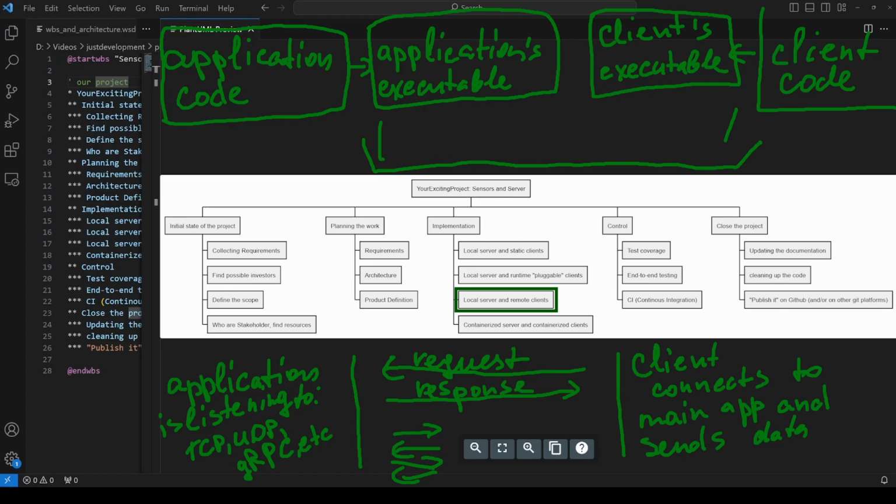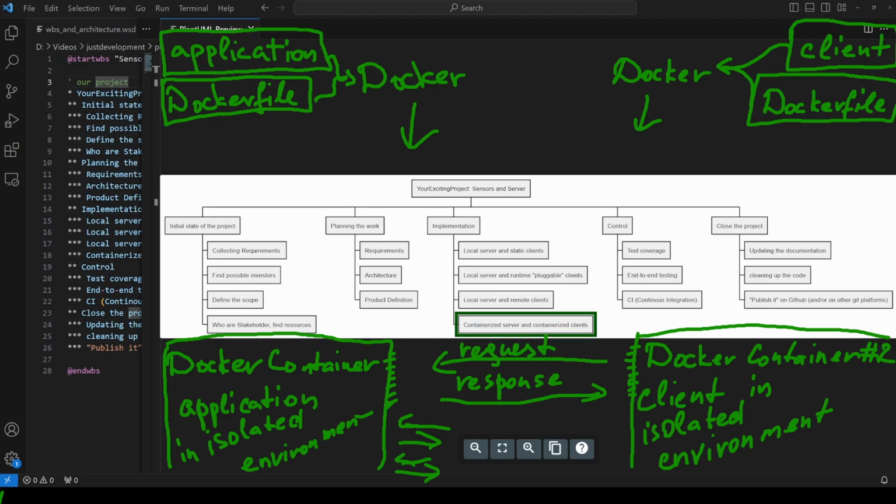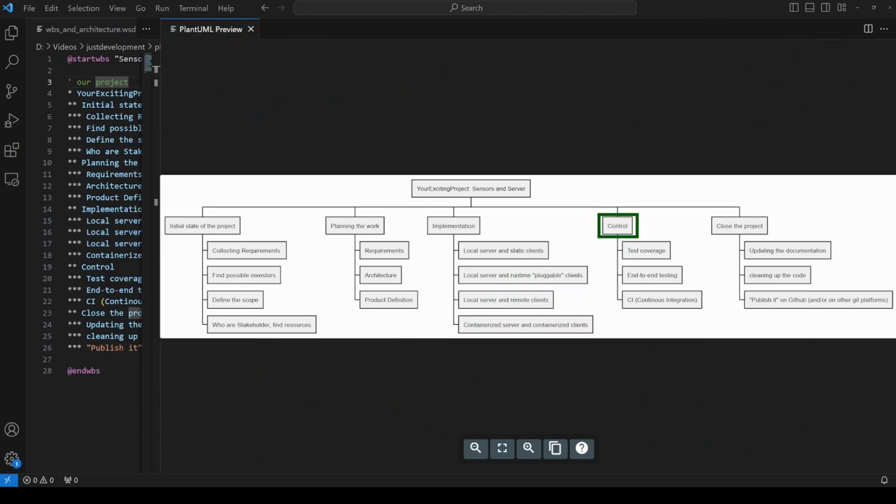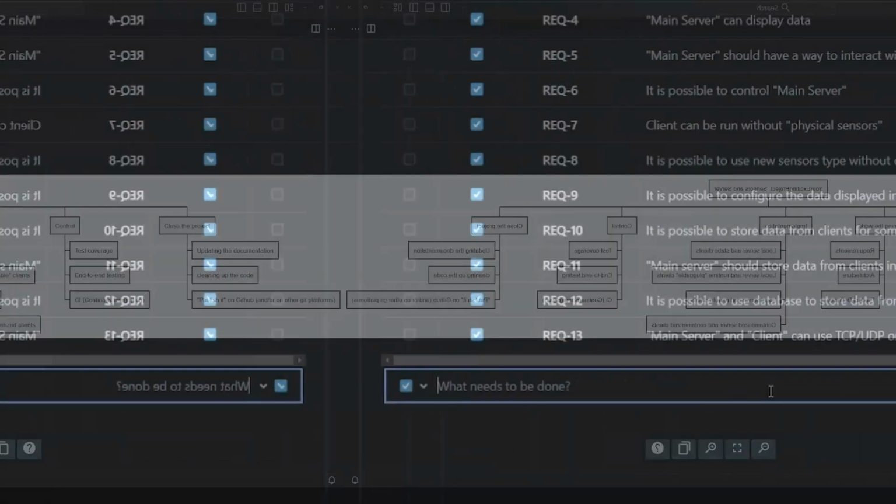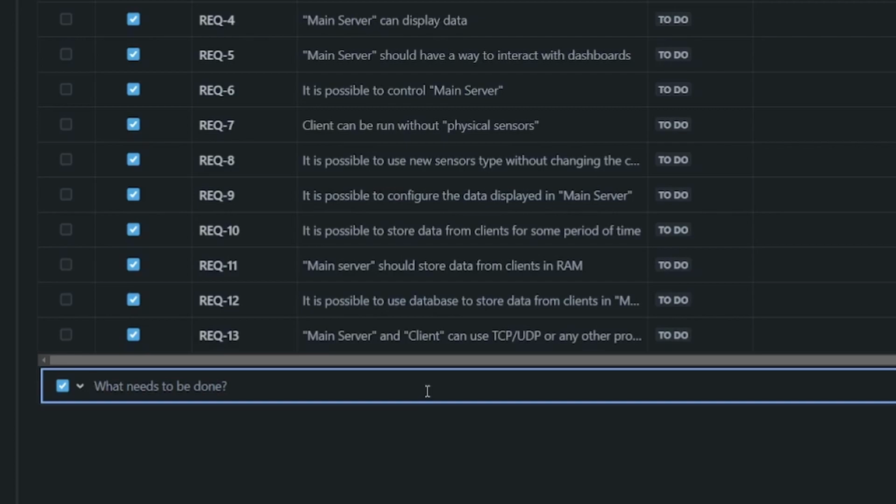By remote clients I mean, for example, clients which are connected via TCP or UDP protocol, or maybe by using some different transports, for example HTTP or remote procedure call, RPC. Containerized server and containerized clients means that we can run it in a Docker container or maybe in Kubernetes. Then we have control: test coverage, end-to-end testing, continuous integration. I think in our case, to be able to work with JIRA, we can create a couple of requirements related to the testing. For example,